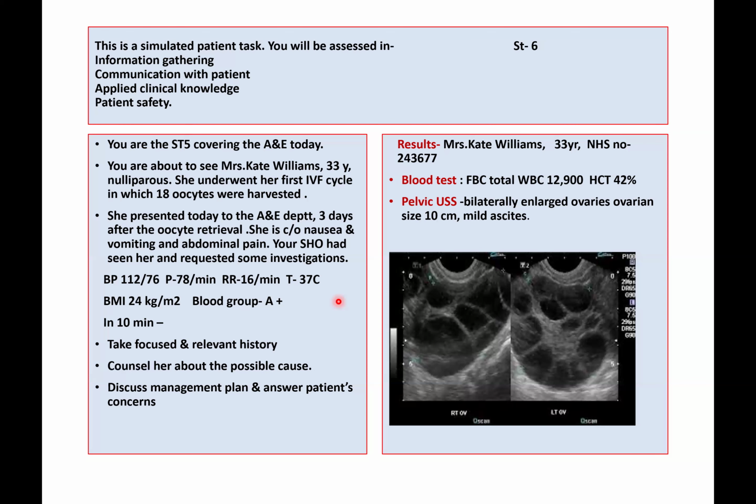Okay, Kate, I want to ask some questions and then we will make a management plan that will be mutually agreed and safe for you. Before that, can you explain more about your condition? Okay, pain? Yes. Since how long do you have this pain? When did it start? It is for the last 3 days, but today it became so severe that I came to the emergency department. Can you score the pain from 0 to 10? 0 means no pain and 10 means severe pain.